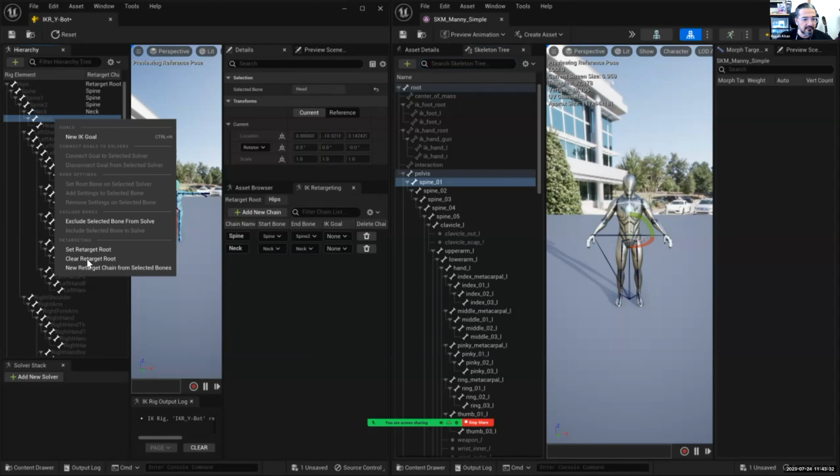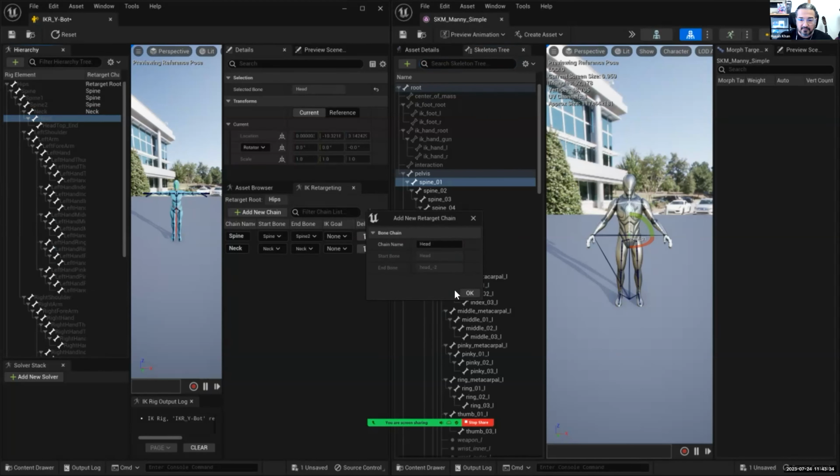Okay, head: right click, new retarget chain, leave it as head. Fine. No goal. Okay, we've got three already. Now we talk about